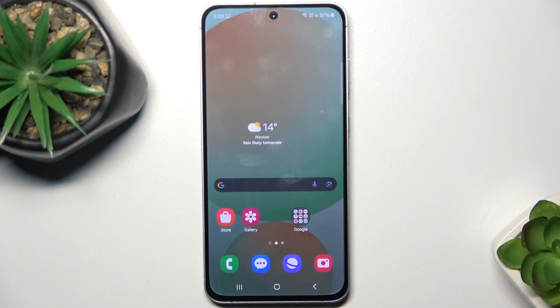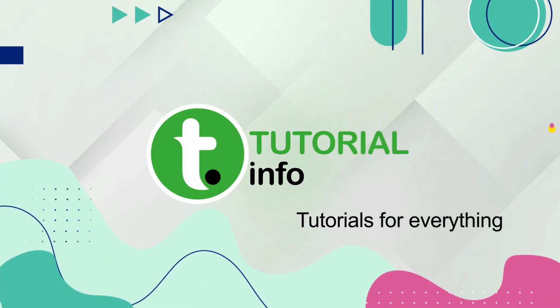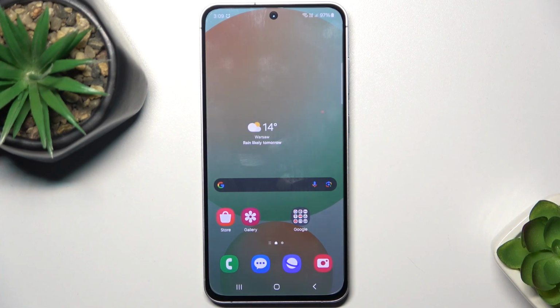Hello, in this video I'm gonna show you how to fix mobile data on Samsung Galaxy S24 FE. If you can't connect to mobile data, or if you are connected to mobile network but you can't use internet,